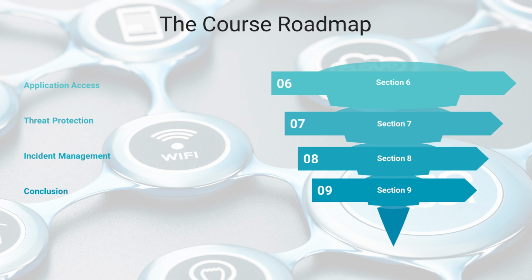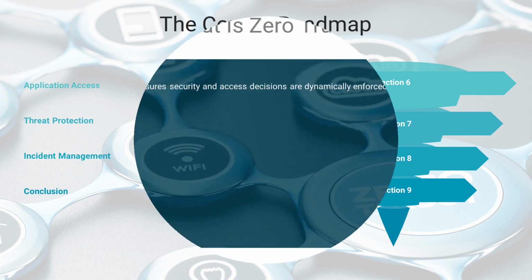Likewise, the next section on application access is also a relatively quick section, but it talks about how an application access solution works and how it fits into the Zero Trust reference architecture. The next video is on incident management. I'll give you an introduction to this concept, talk about an incident management framework, and then frame that in a Zero Trust context. In the final section, I'll give you key takeaways and say thank you and wrap it up.